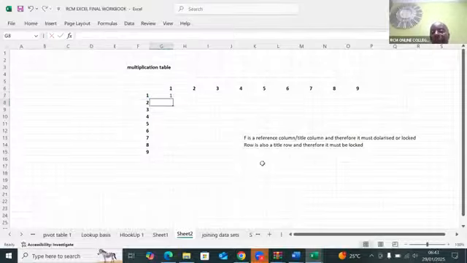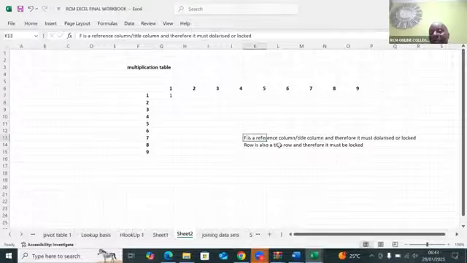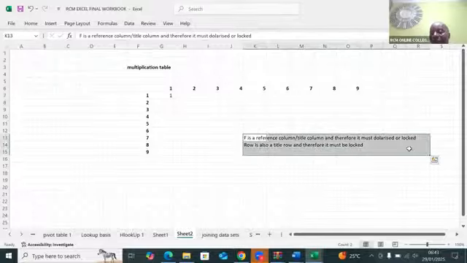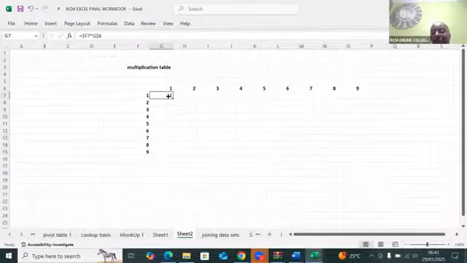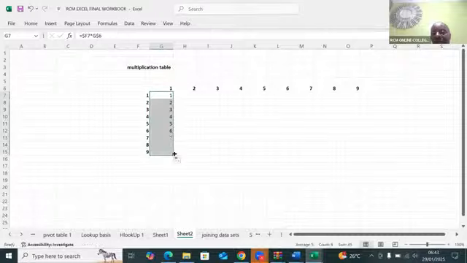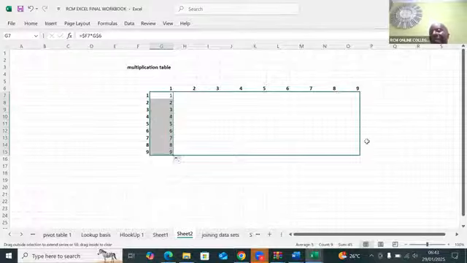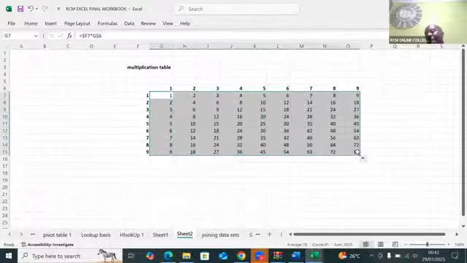And then you say Enter. So please, if you had written anything inside here, it will be very important for you to remove it. Now once you have this, you'll be able to use the autofill handle, the black plus, this one here. So now you can move down, you release, and then you move across. So you get 81. 9 times 9, 81.